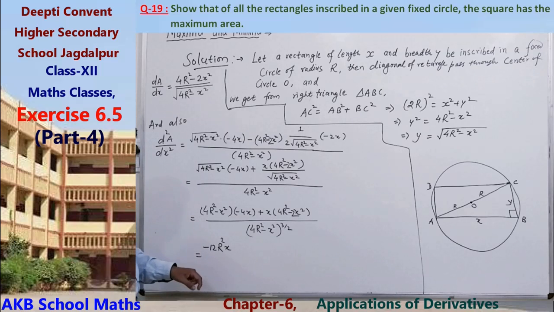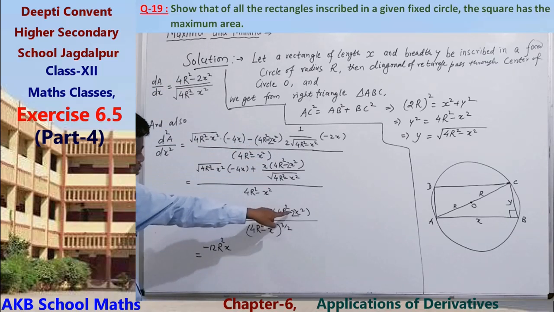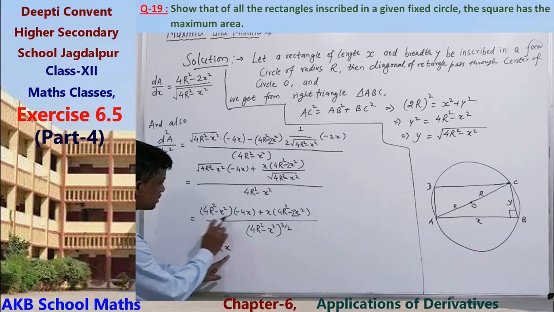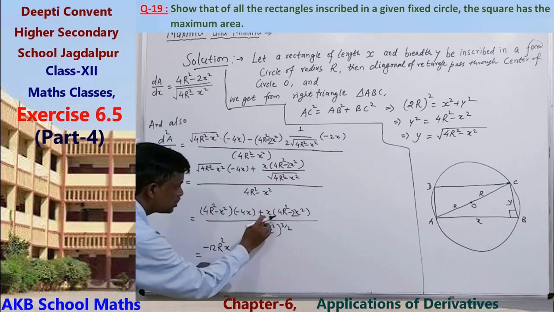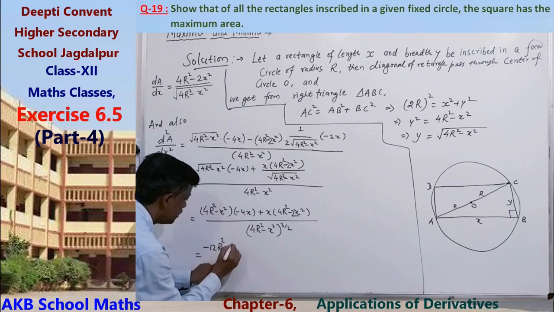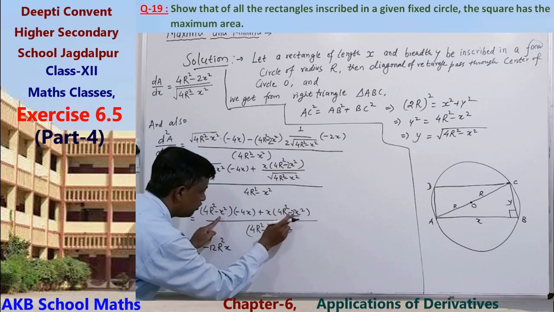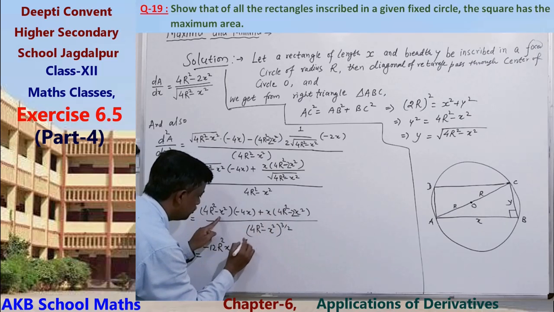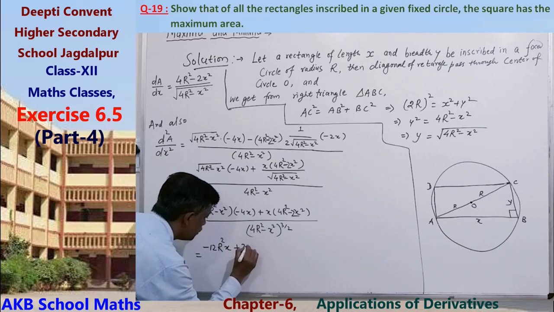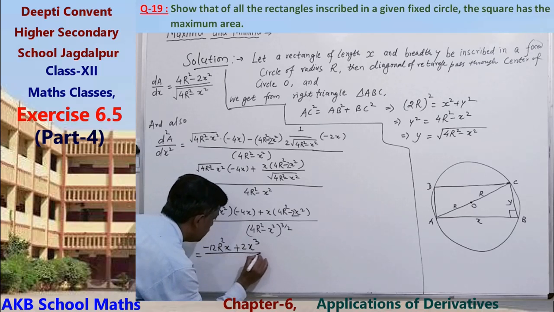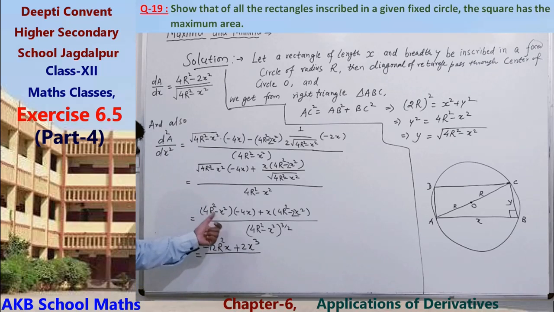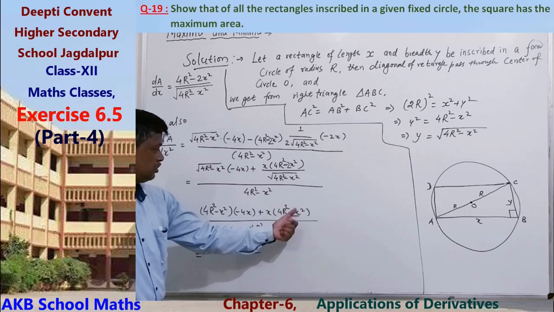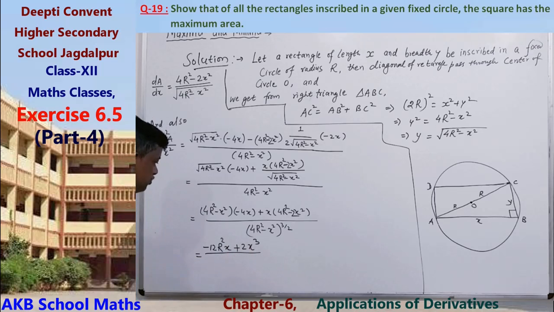Okay. 2x square, 2x square, 2x square, 2x square. So minus 12r square x and minus 2x cube minus plus 4x cube plus 4x cube minus 2x cube plus 2x cube upon, okay, minus 12r square x minus plus 4x cube minus 2x cube, 2x cube upon